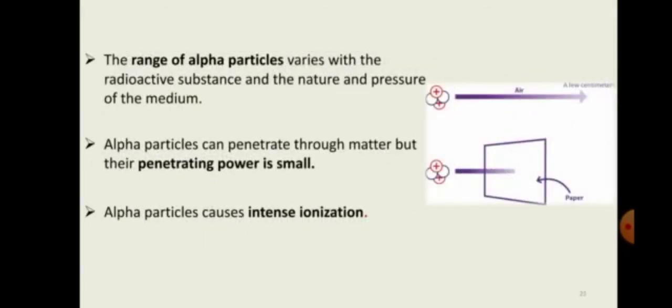The next property is about the range of alpha particles. The range of alpha particles depends upon the type of radioactive substance, its nature, and the pressure of the medium through which they pass. Depending upon these factors, the range of alpha particles varies. The next important property is their penetrating power. Alpha